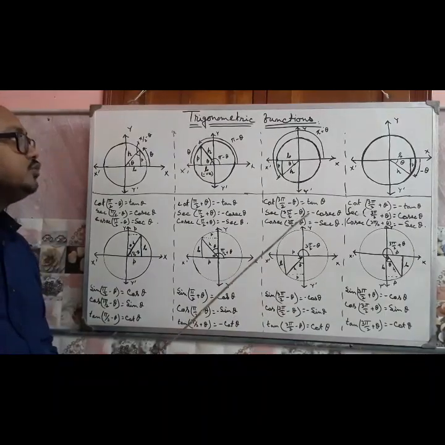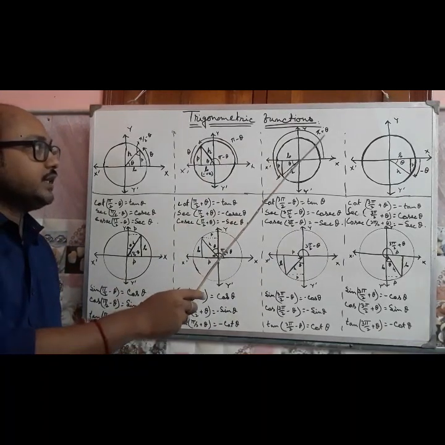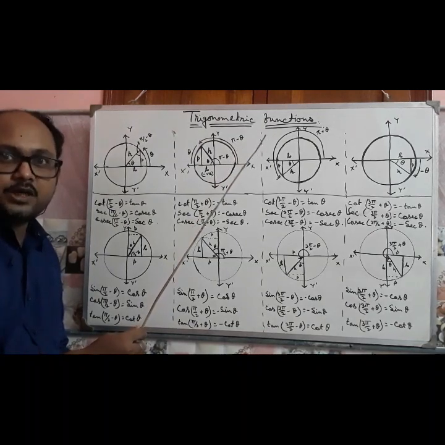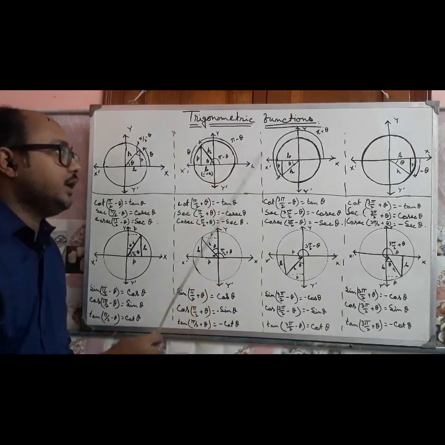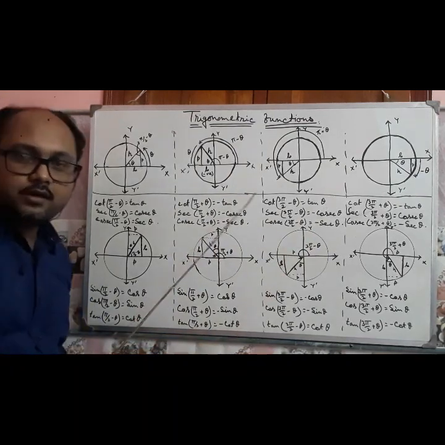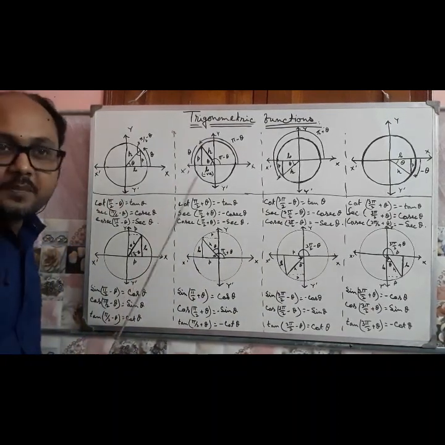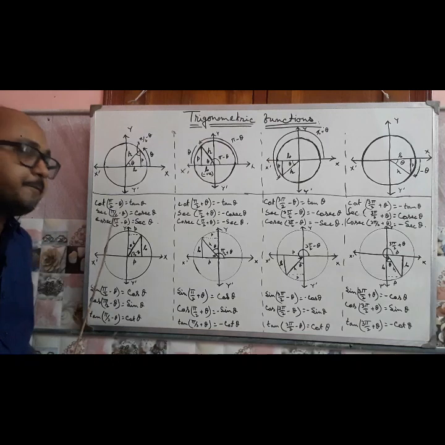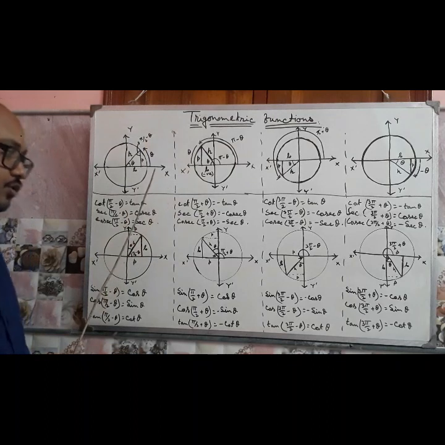Lastly, we learned the values of trigonometric functions for pi minus theta or pi plus theta, that means even multiples of pi by 2 plus theta or even multiples of pi by 2, like 2 pi minus theta. For these angles, we learned the values of trigonometric ratios or functions. Now, we learn the values of the trigonometric functions with respect to odd multiples of pi by 2, that is for the angles pi by 2 minus theta, pi by 2 plus theta, 3 pi by 2 minus theta and 3 pi by 2 plus theta. What will happen? Let us see.